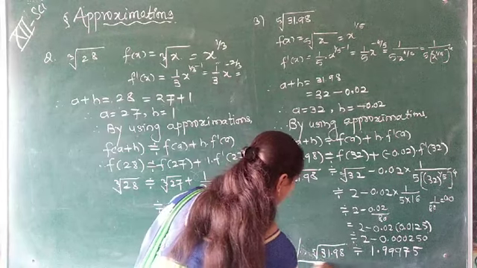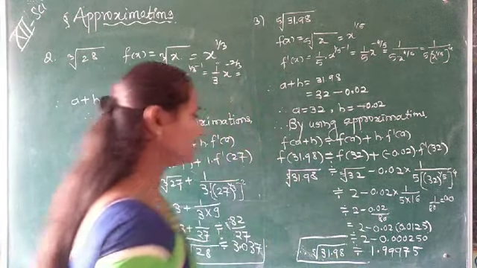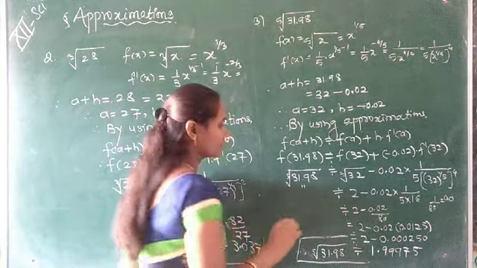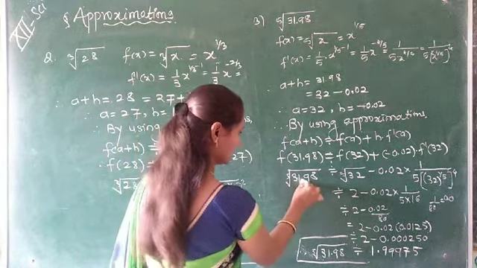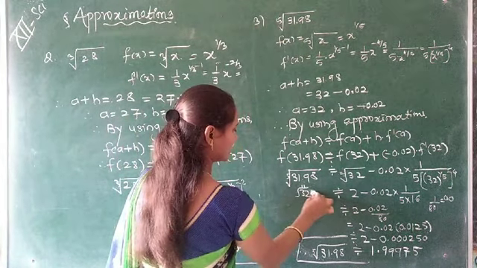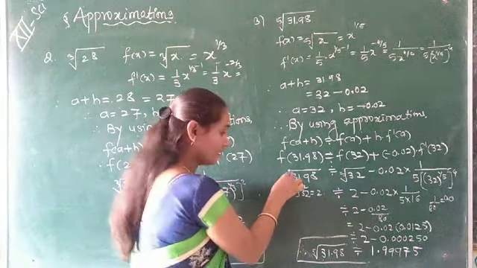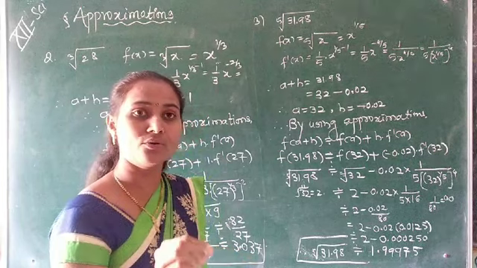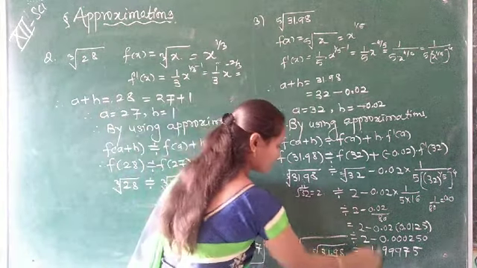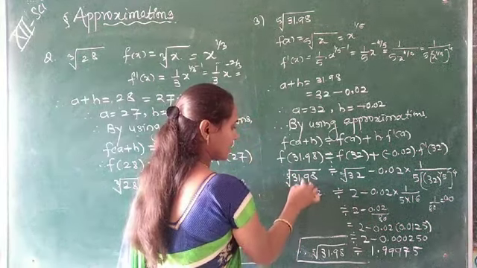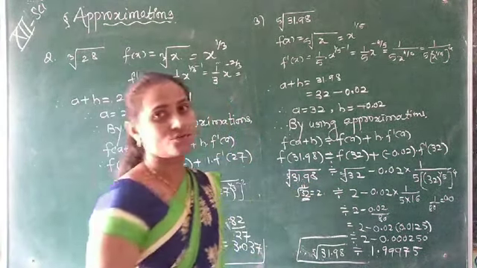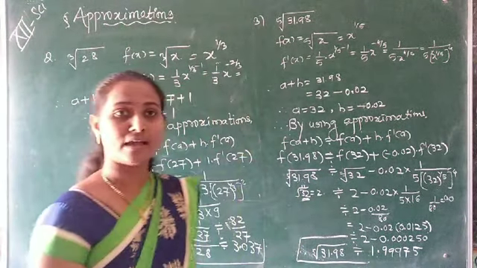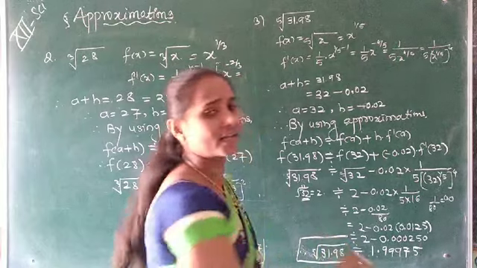Therefore, fifth root is 1.99, which is near to equal. This number is near to 32. This is near equal to 32. माय exact 32 असेल तर 2 मिळेल, but this is less than 32 since its answer is in terms of 1.99. That means which is near to 2. व्हॅल्यू कुणाच्या जवळ असणार आहे? 2 च्या जवळ असणार आहे, कारण ही जी व्हॅल्यू दिलेली ही आपल्याला कुणाच्या जवळची दिलेली आहे? 32 च्या. So approximate answer of this fifth root of 31.98 is 1.99 and something. This is correct up to 2 decimals.